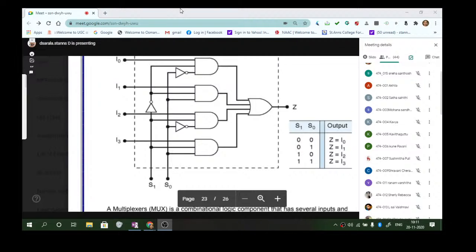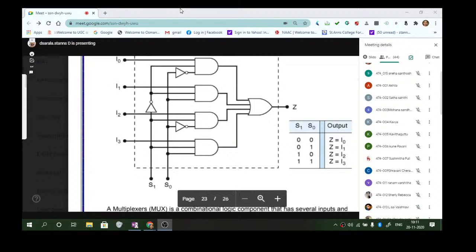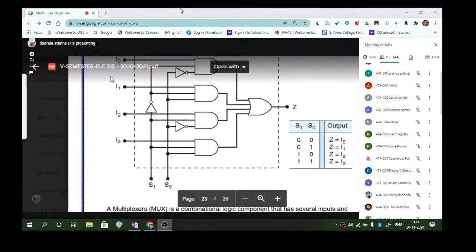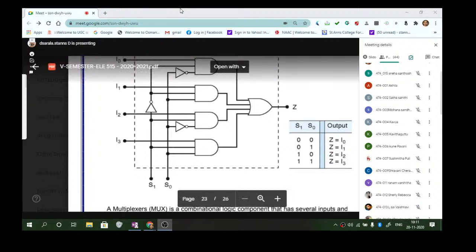See, the notation can be different from different books. Some write it as S1 and S0 as select lines. In some books they are writing it as A and B as select lines. Whatever be the notation, these are the lines which are used to select one of these inputs to be sent to the output. So what do you require? You connect these lines by means of these two inverters, and from the inverter you are connecting it to these set of AND gates, and all these AND gates are connected